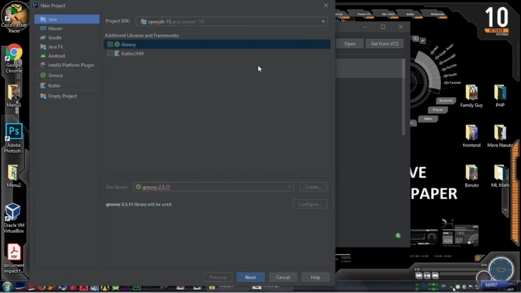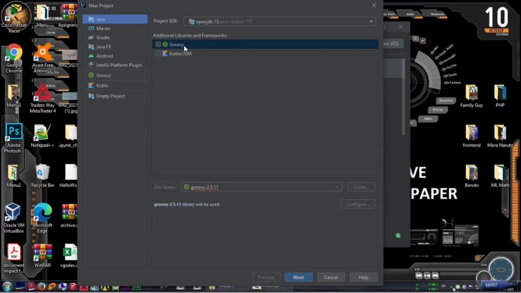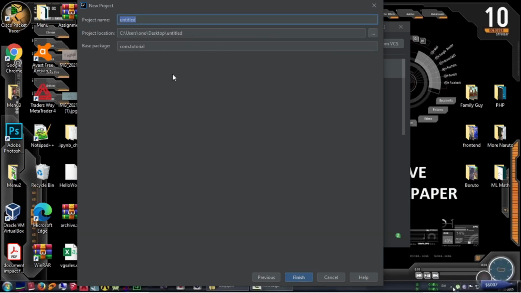and then you're going to get this window over here, and you have to click Groovy and then hit next. Then we're going to create project from template, and this is what we're going to see, command line app. Make sure that that is checked, and then you hit next. And then here you get this project name. You can name your project anything. I'm going to name this one tutorial,